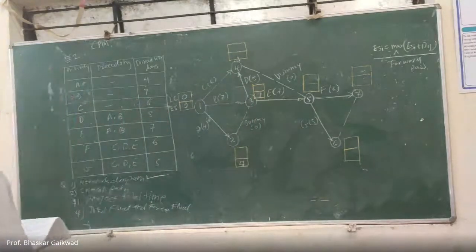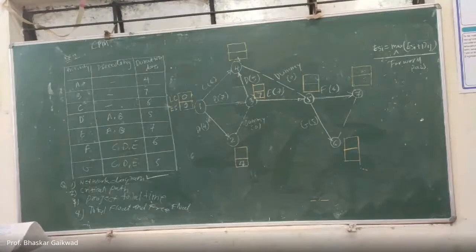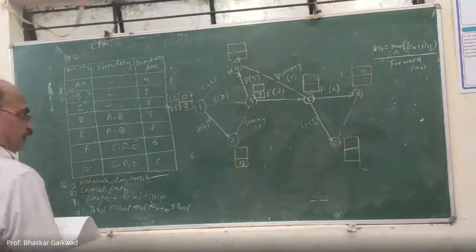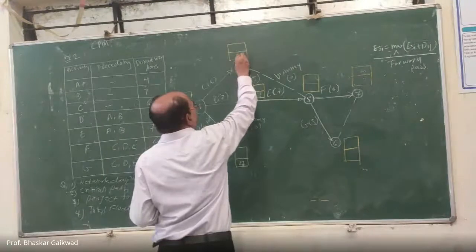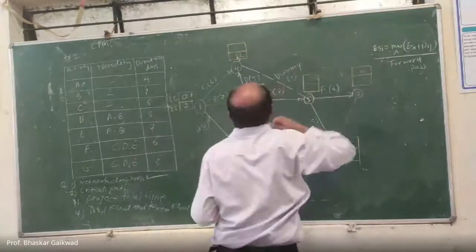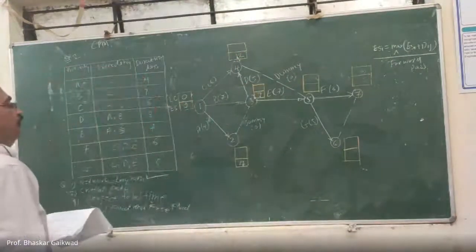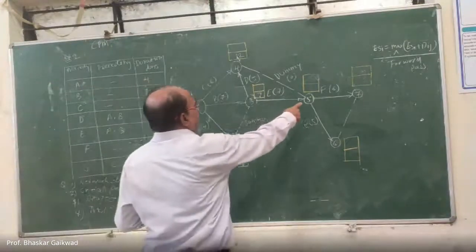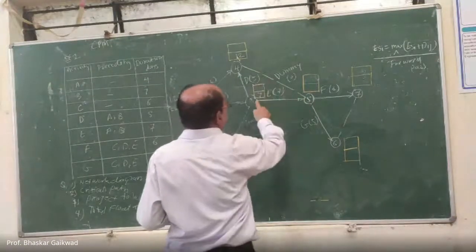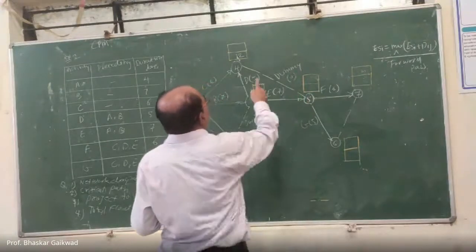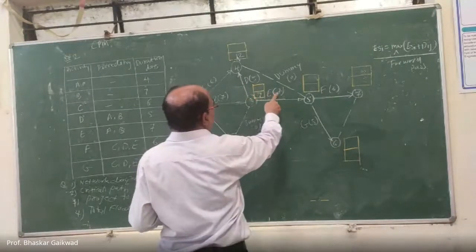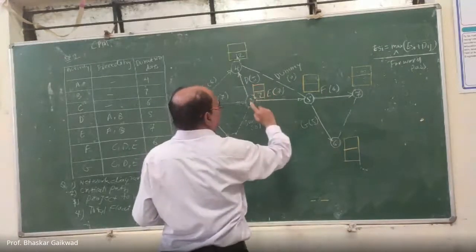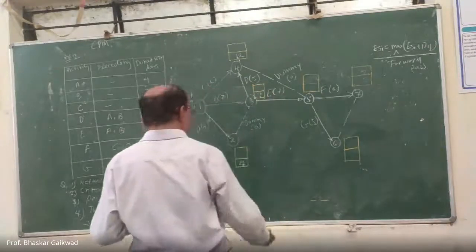Then 3 to 4. 3 to 4, 7 plus 5. How much here? 12, by using this formula. Then 4 to 5. Now dummy activities are here. At 5 again 2 activities are there. Out of this, which is the maximum? 12 plus 0, 12. And here this activity is there, 7 plus 7, 14. Which is the maximum? 14. So here you can write 14.